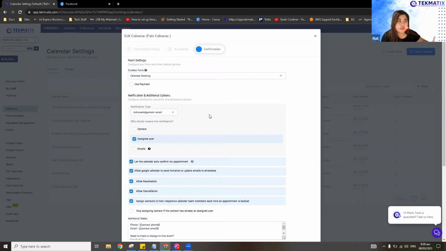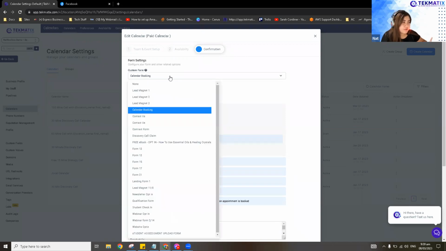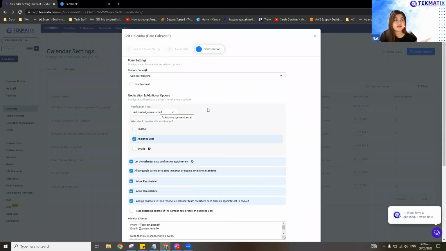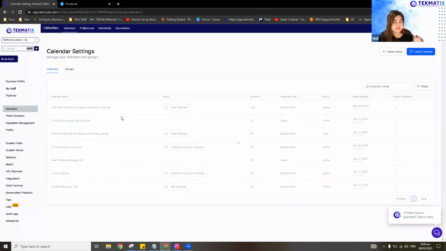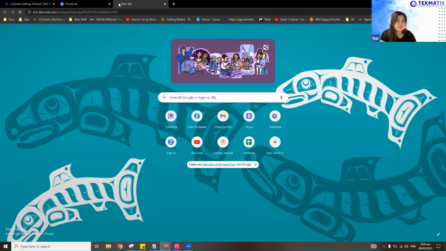And this is how it will look. So for example, I will add the calendar booking. This is a custom form. This is not the default form. This is a custom form we have. I'll just click on that one. I'll click complete on this calendar just to save the changes. When I copy the permanent link for this one and open it in a new tab,